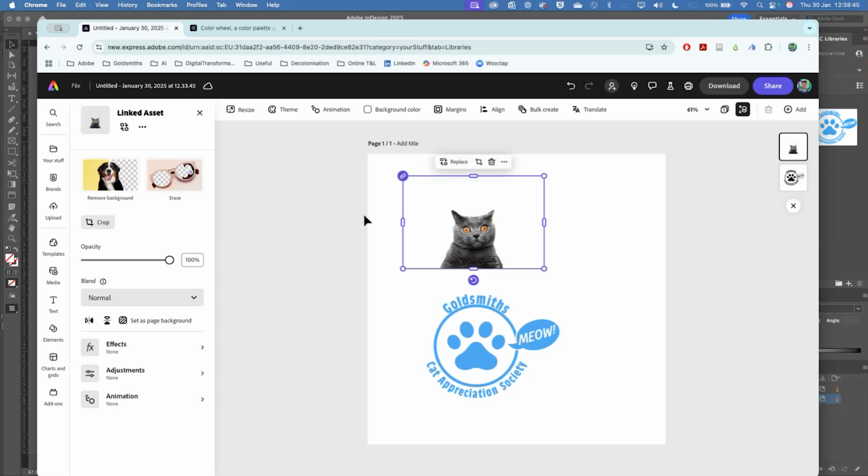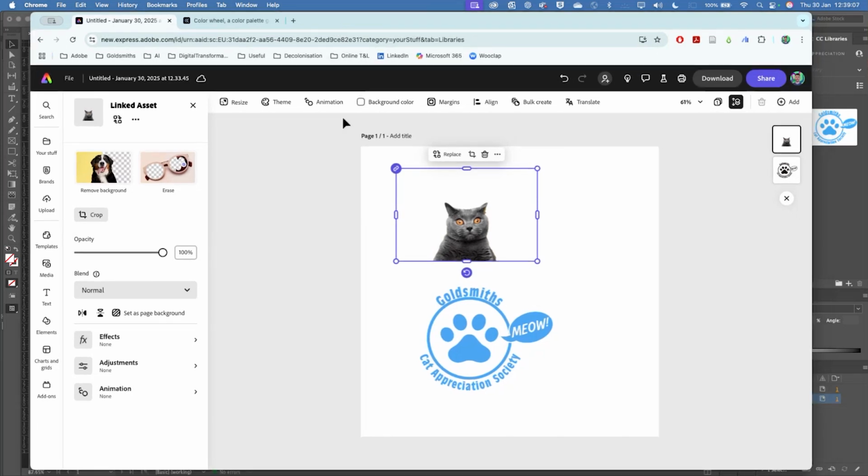So hopefully you've got an idea now of how these apps all work together across the cloud. And it just makes the creation of content, especially if you're collaborating with people, really, really easy. Does anybody have any questions about what I've gone through so far? No. No, that's fine. I'm just going to check that there's nothing in the chat.